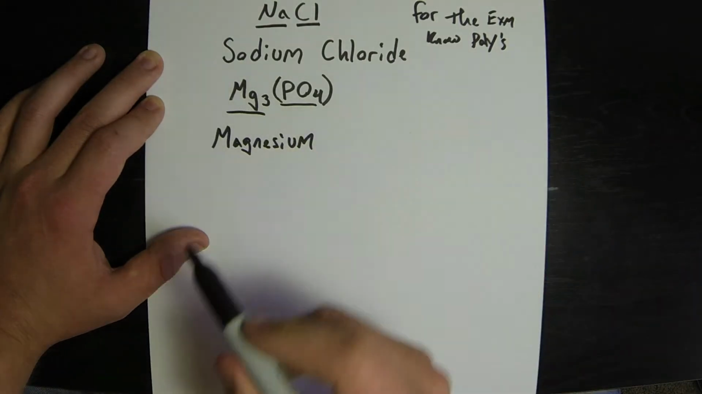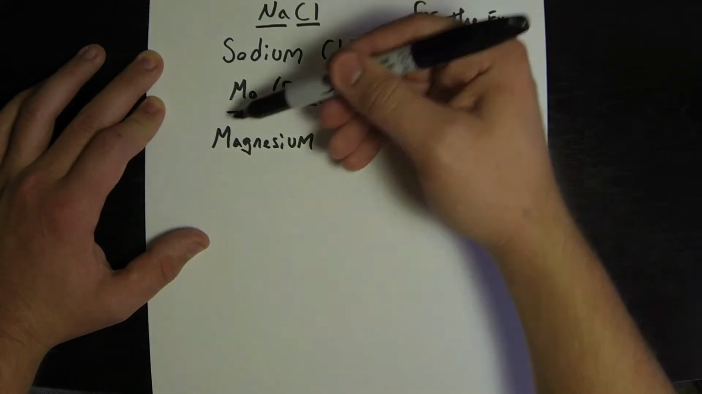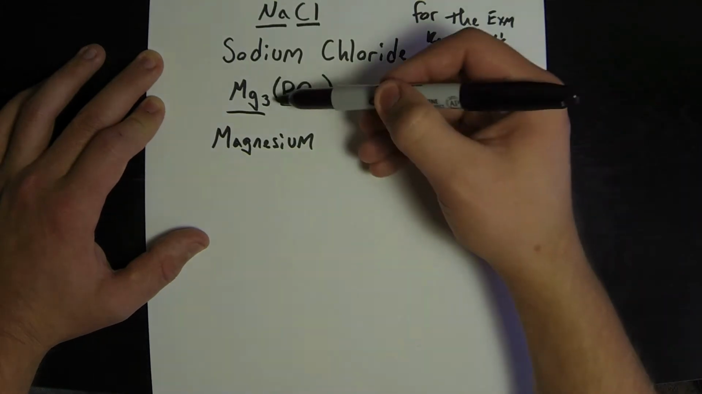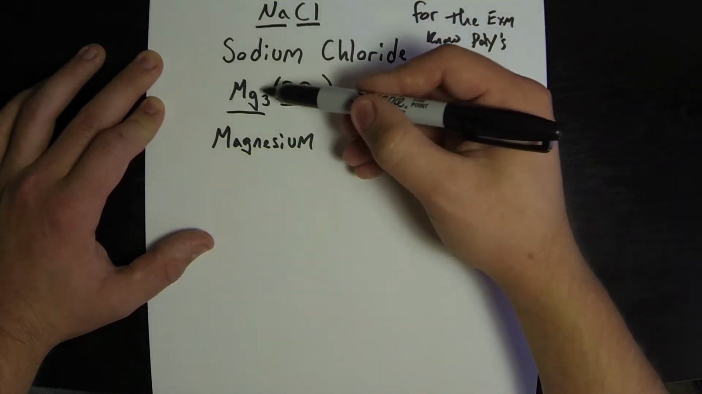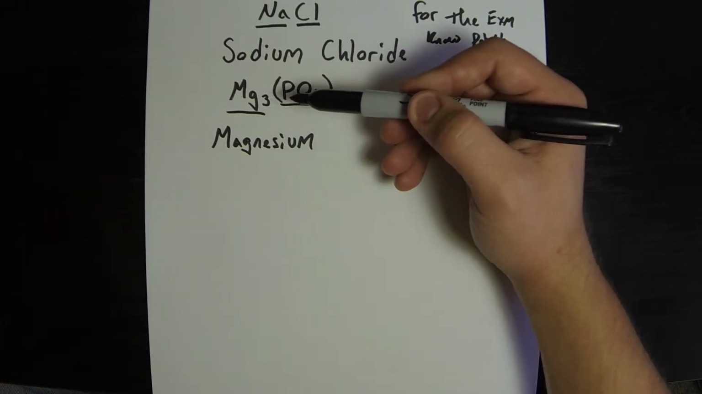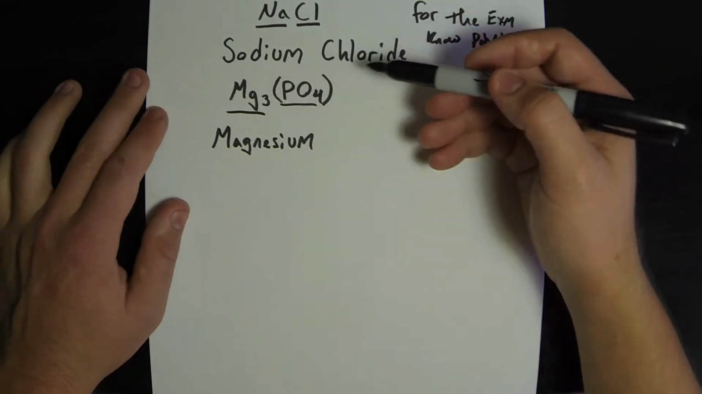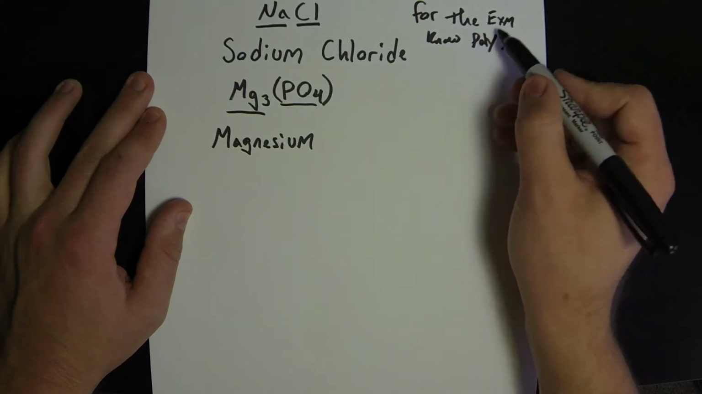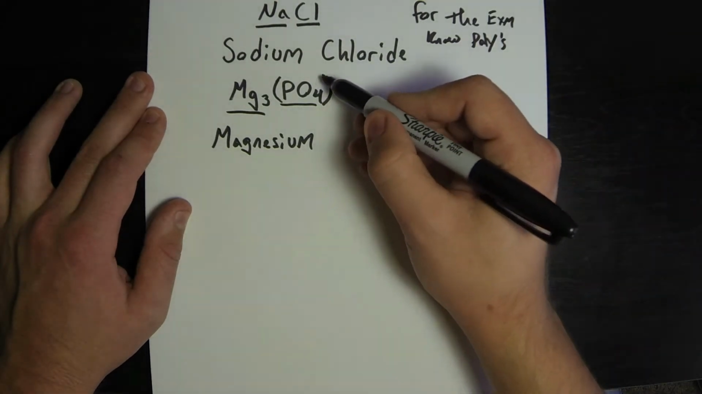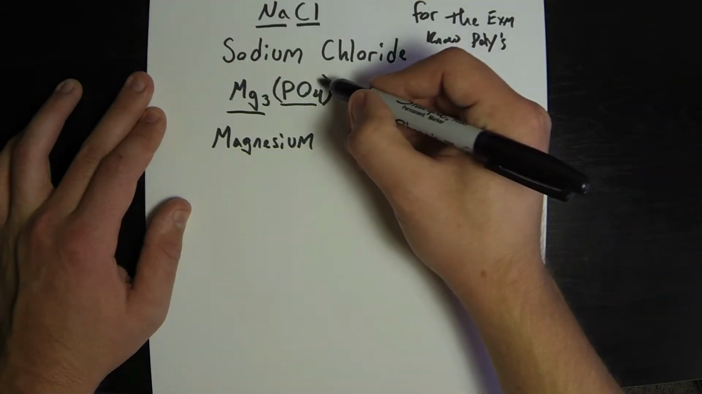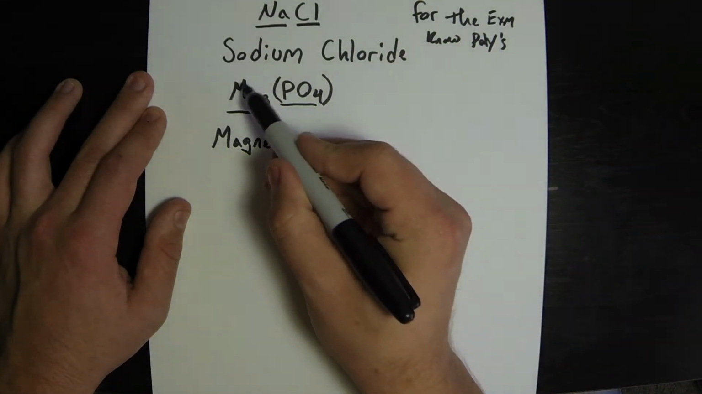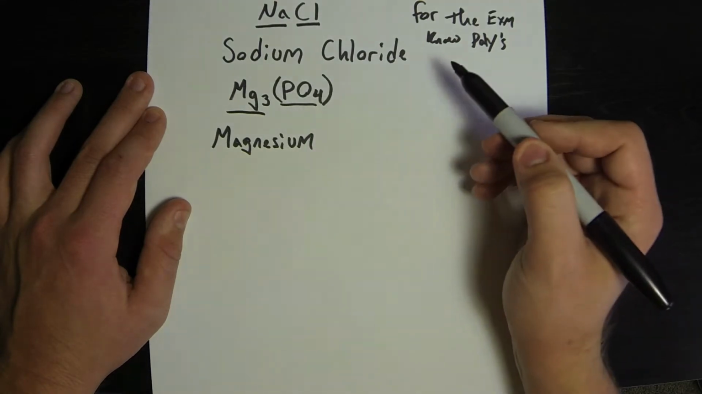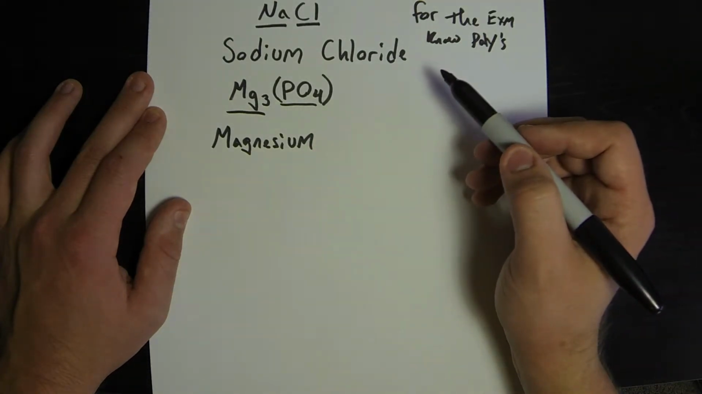Magnesium. Now, here's the tricky part. Do we say tri-magnesium because of this 3? Well, no, we don't say that. In fact, the only way this 3 contributes to our name is that we know from the polyatomic ions here that PO4 actually has a -3 charge, right? So that means you need 3 magnesiums to offset that -3 charge on the